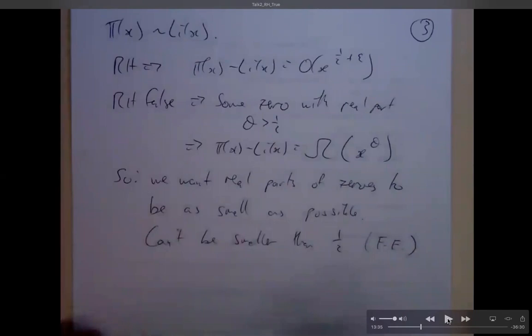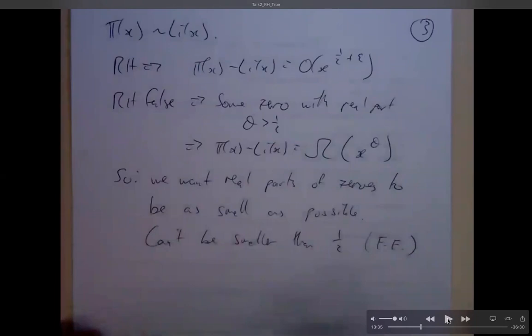So if I take it at 0.9 and get it closer and closer to a half, I get it to be a half, sure. But if I try to push it a little bit further to, say, 0.4, then one pops out on the other side at 0.6. So it doesn't matter how clever you are, the best you can do is to push those zeros together until they sit on the line sigma equals a half.